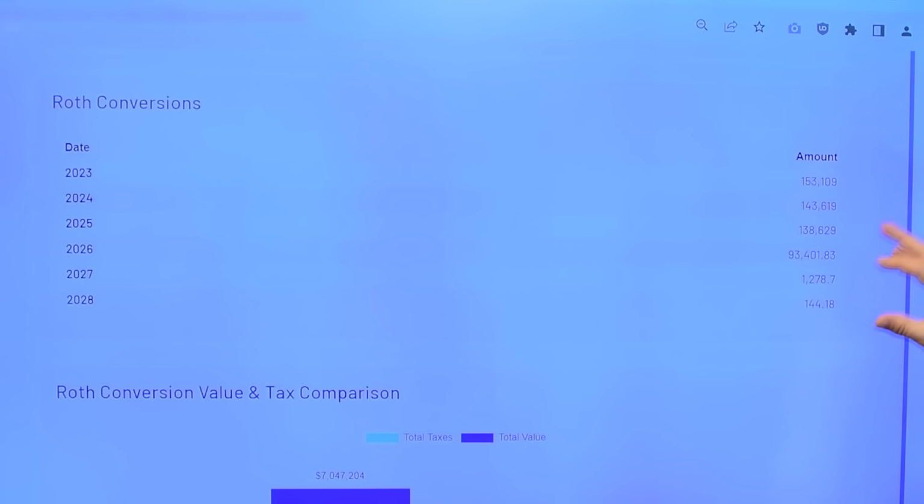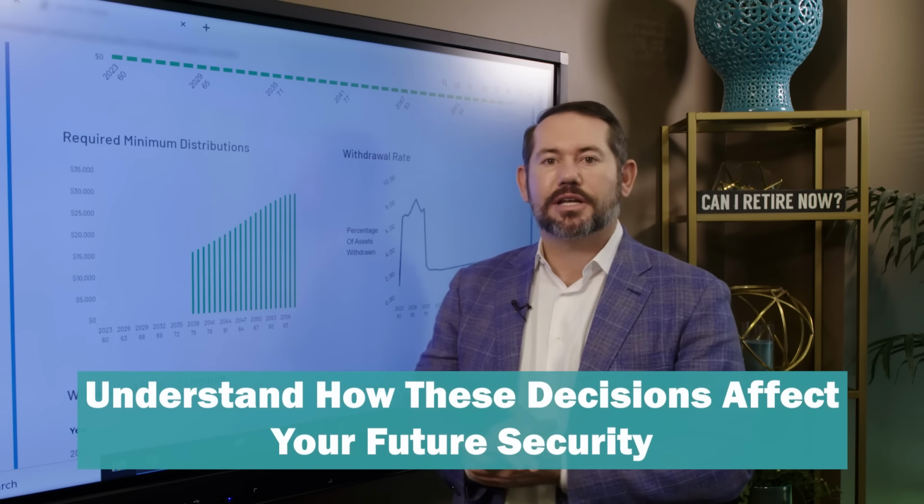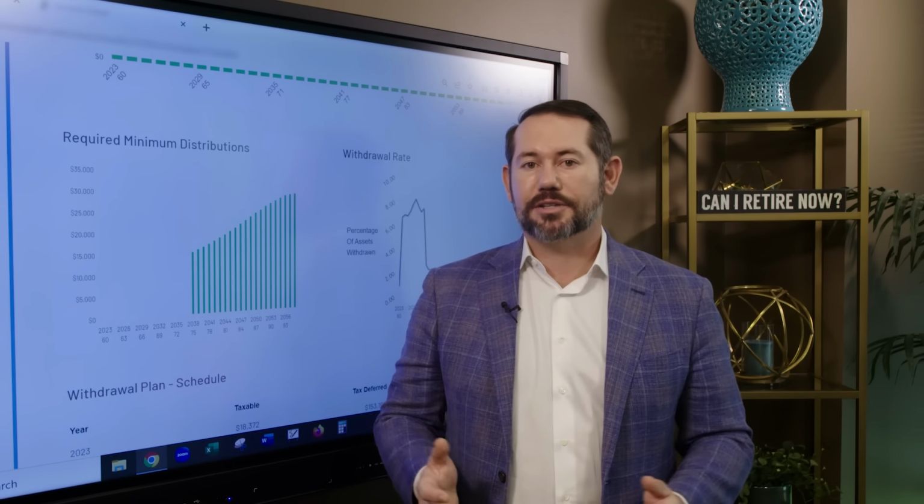multiple different forms. The first one is just this glide path here. And what this is showing is the estimated account balances in the blue line, which is option A, the tax conversion strategy, which estimates to provide more value and pay less taxes over time, and the green line. So this is very important to understand with what I just said about higher distribution rates, because when we implement the tax conversion strategy, one of the considerations is I'm likely to have less money than I would otherwise because